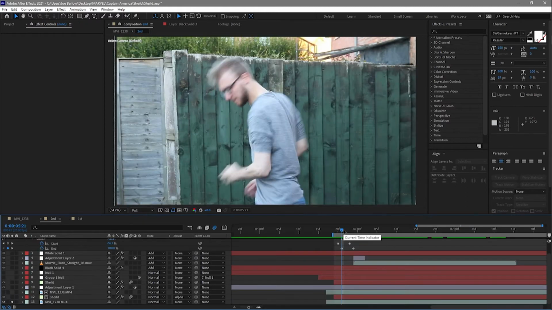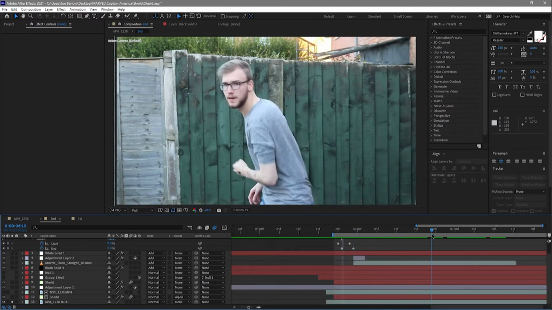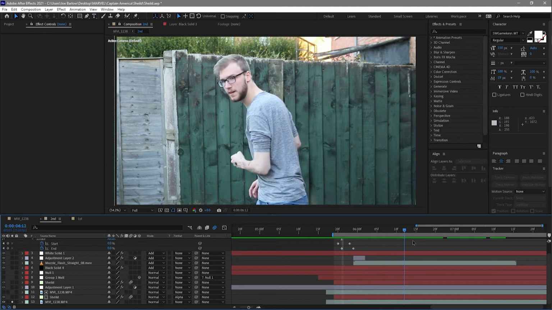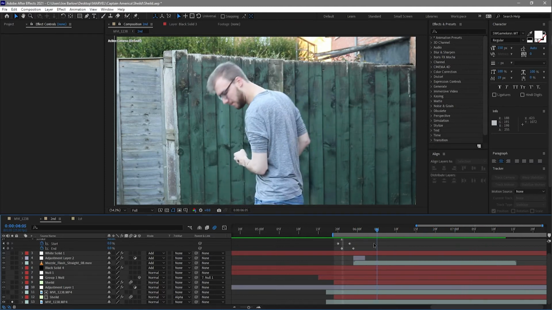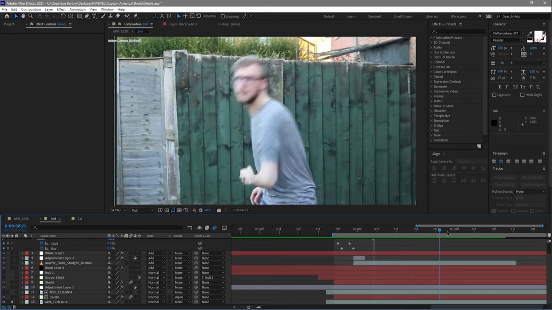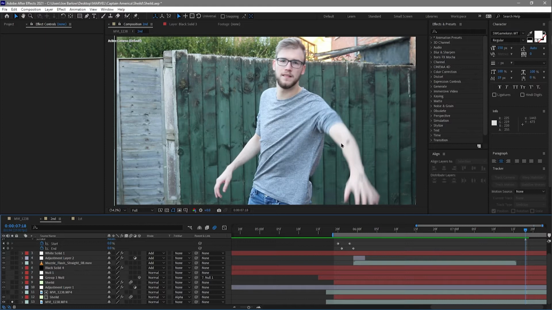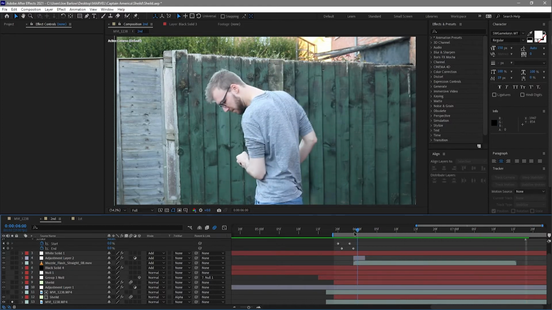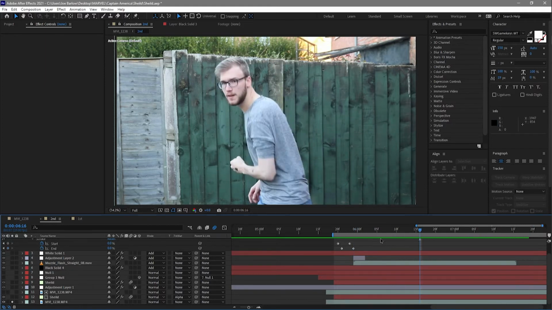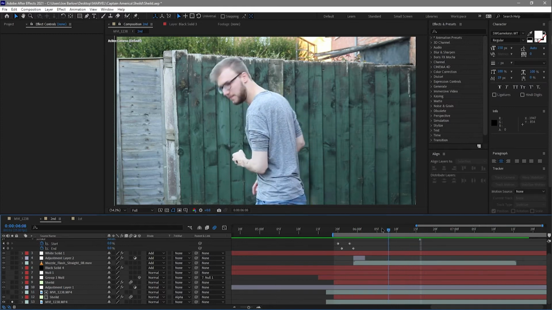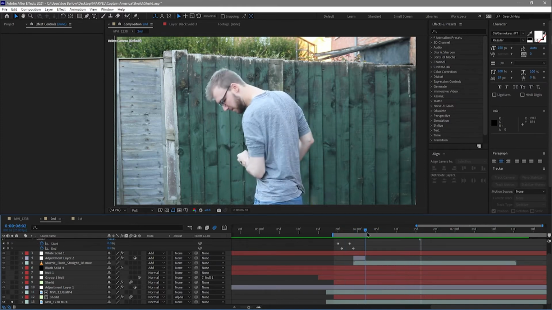Now, if we move on to shot 2, there's a tiny bit more happening in this shot. Of course, we have the shield, but we've also got a bullet flying at me. So here is the base footage, and you'll notice on my arm, I have a track marker on my hand and also one on my arm here. Now, these are something that I was going to use to help track the shield to my arm, but in the end, I didn't use it, and I just sort of hand animated it to my arm.